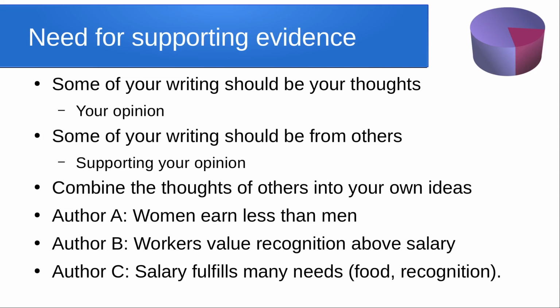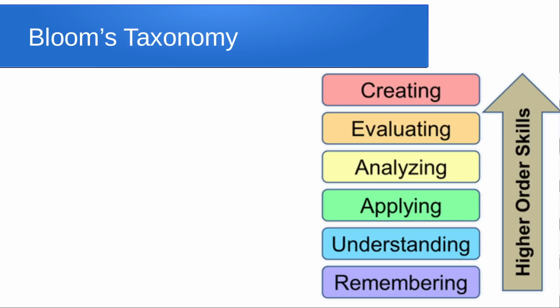Now, when we look at Bloom's taxonomy, this is a well-regarded taxonomy. A taxonomy means a system for categorizing a concept, an idea. In this case, we have how do we categorize the skills of thinking by students. And so Bloom came up with this taxonomy. It's been used for a long time. It is still widely used today.